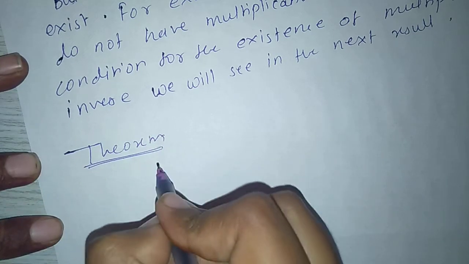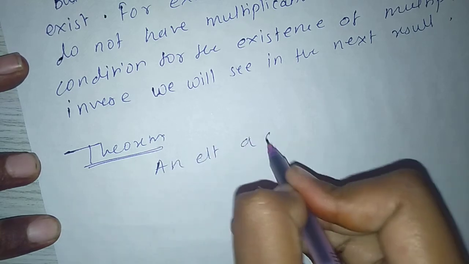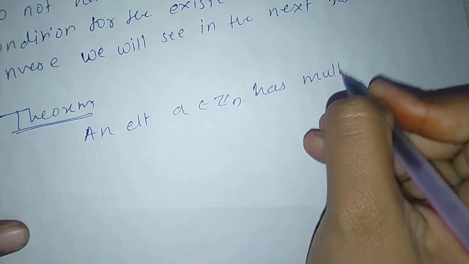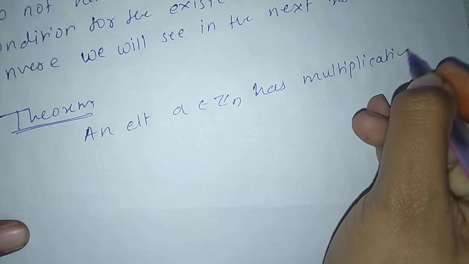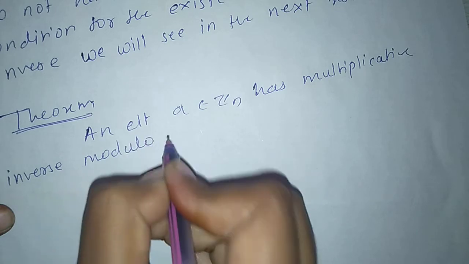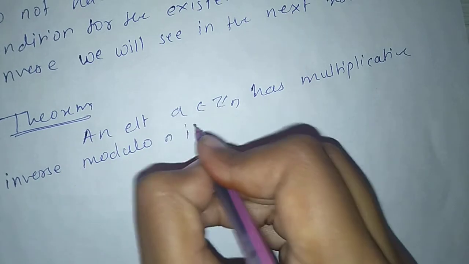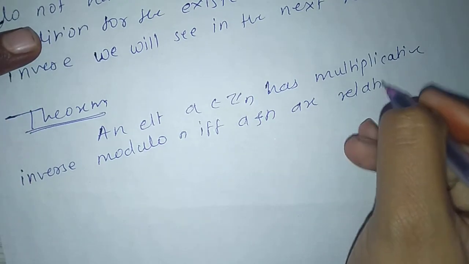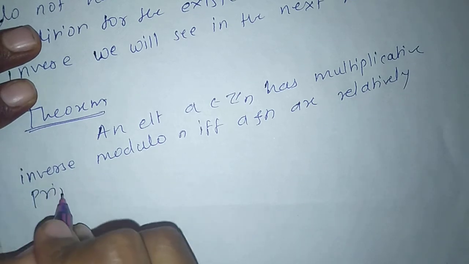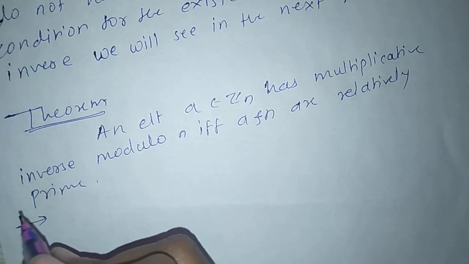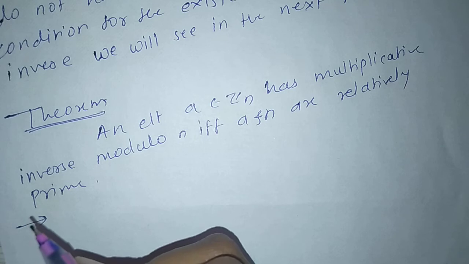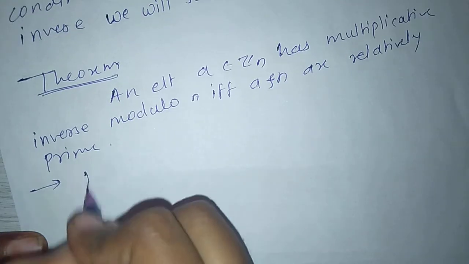Theorem: an element a belongs to Zn has multiplicative inverse modulo n if and only if a and n are relatively prime. The condition of relatively prime is nothing but the GCD of a and n equal to 1. Proof: